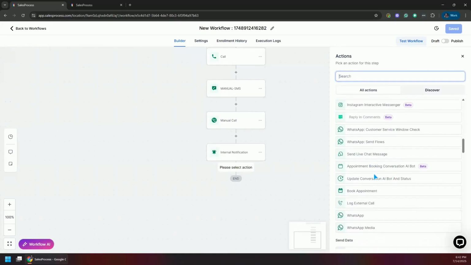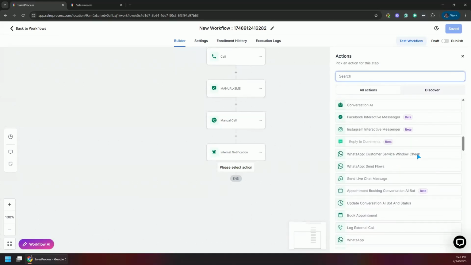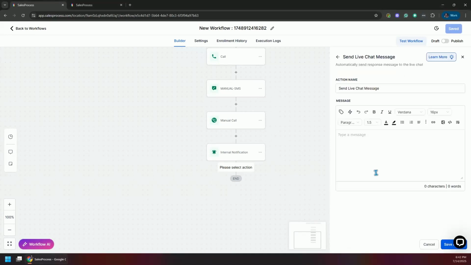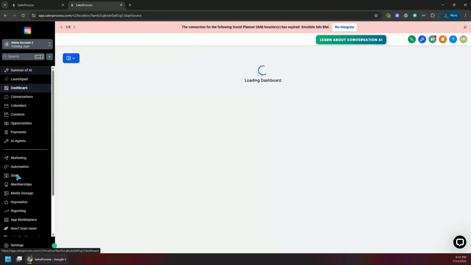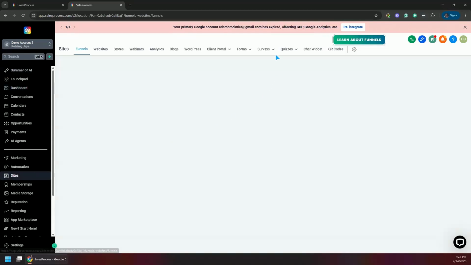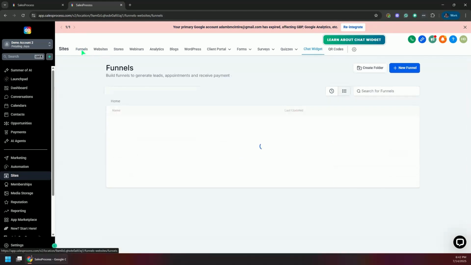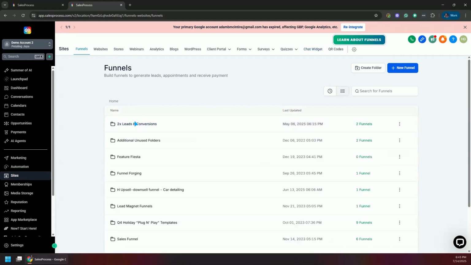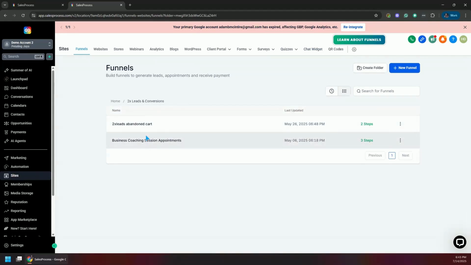WhatsApp checks and flows. Send live chat message. Now, assuming that you have created, let me show you in here. Let's go to this one, then the sites, the chat widget. Assuming that we have created one of the chat widgets in here, and that we are using it on one of our funnels or website, like this one, for example, we are using it on,